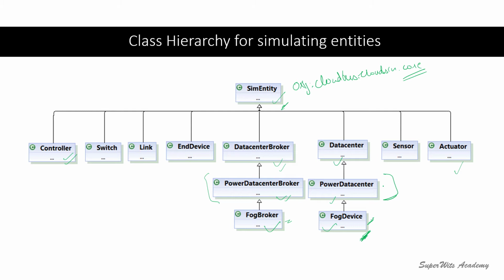Because the PowerDatacenter or Datacenter, if you talk about them, are based on the DatacenterCharacteristics, which defines a lot of information in terms of your cost, usage, storage, networks, and all that stuff. We'll be looking into the code just in a while. So this is the hierarchy of the entities available inside iFogSim, and they are the actual actors who are going to perform the complete actions during the simulation. Now let's quickly look into the code, to see how these entities are going to have certain characteristics.